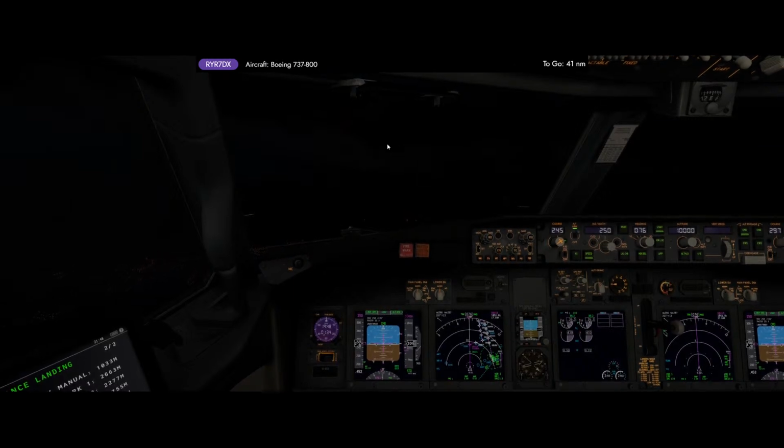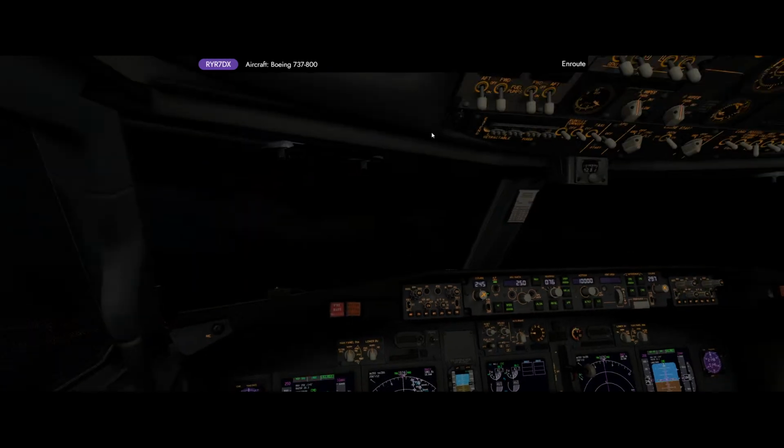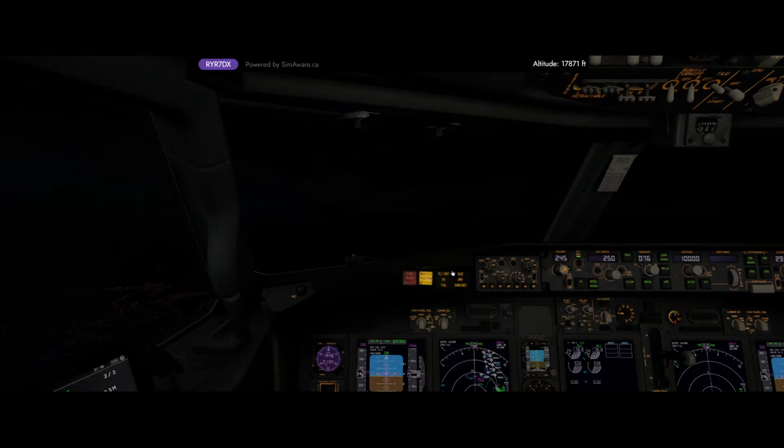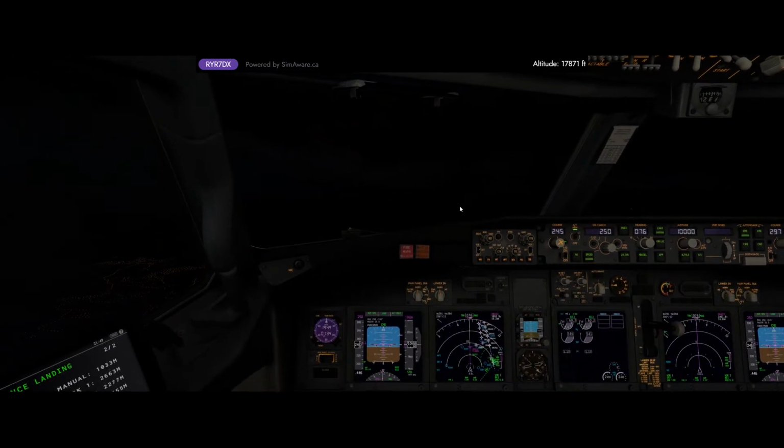Lufthansa 2 Alpha Romeo, contact director 121.125, goodbye. Lufthansa 2 Alpha Romeo, direct 121.125, bye. Lufthansa 77 Golf, proceed direct to Delta Bravo 463 and thereafter follow the transition, descent altitude 4000 feet, QNH 1022. Direct to Delta Bravo 463, descend to 4,000 feet and follow which...